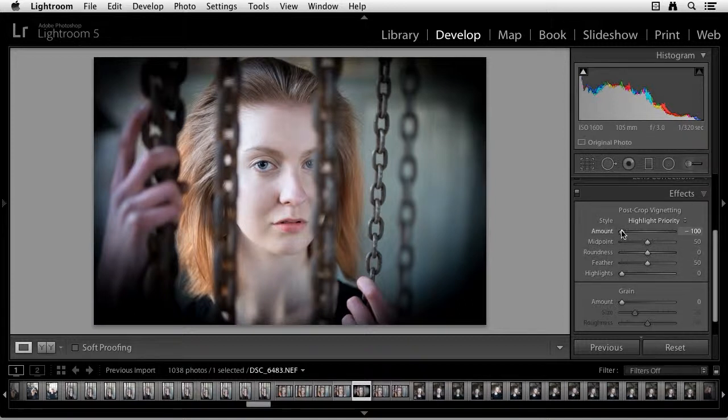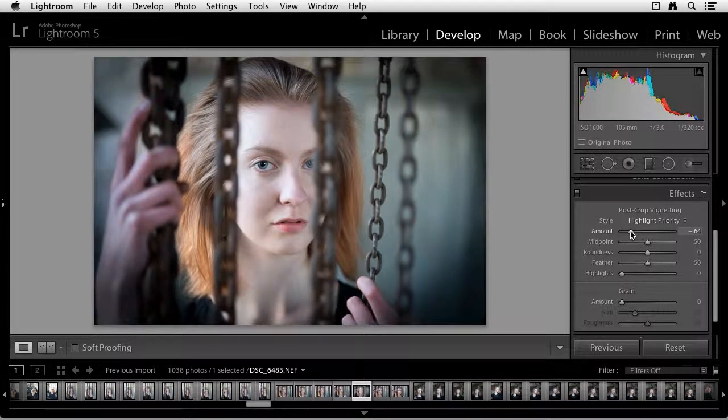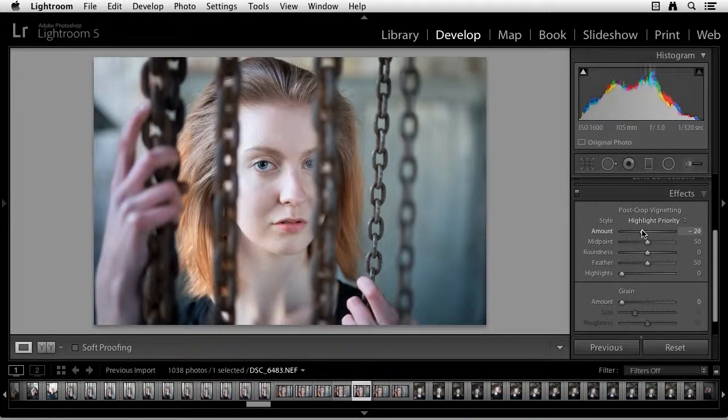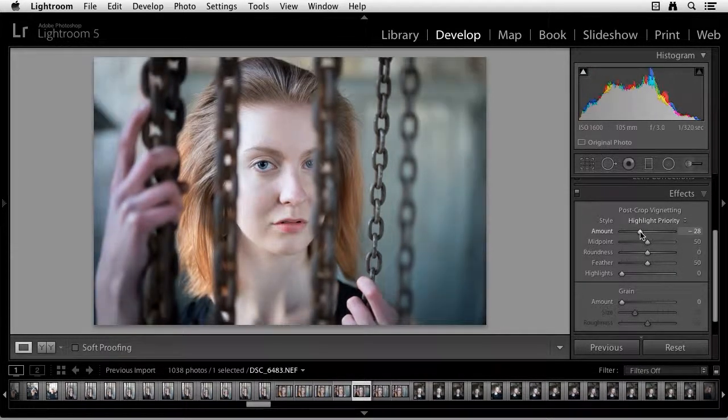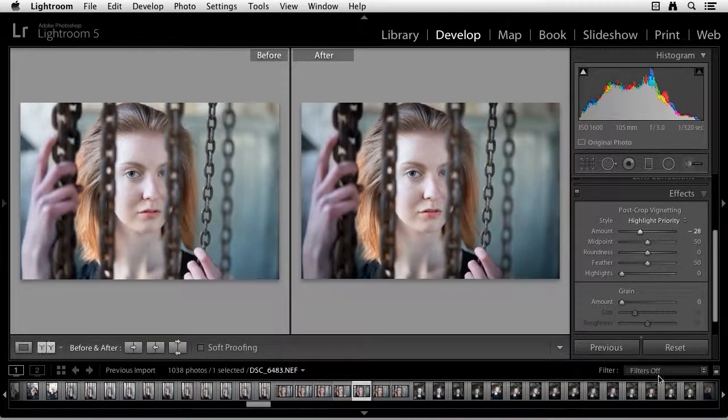Now, I'm back up at the amount slider because I'm going to make that less of an obvious vignette. I use these vignette controls almost on 75% of my images. I really use it a lot. But the key, I think, for me is not to overdo it. Just even a subtle amount of vignetting is all it takes. I don't want the viewer to say, oh, look, heavy-duty vignetting. I just want a little bit of vignetting, and that's going to help move the viewer's eyes right to the middle where I want it to be. And I'm going to go ahead and select the before and after, and you can see the difference. It doesn't take a lot of vignetting to really improve an image.